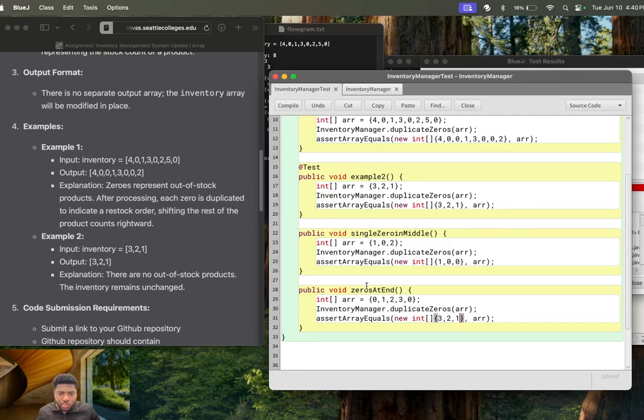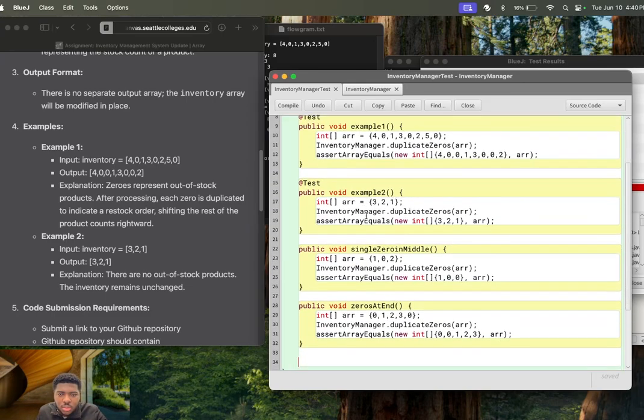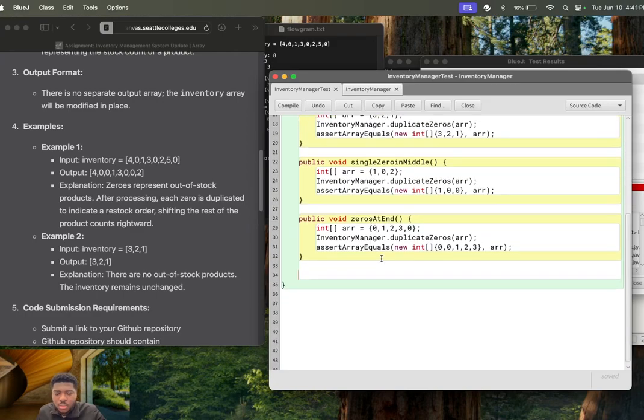Change this, and I'll say 0 0 1 2 3. Because why not? Let me test what else. How many do I have here already? It's 1 2 3 4. Oh, that's a lot. Let me just say some edge cases here. And for edge cases, let me say,